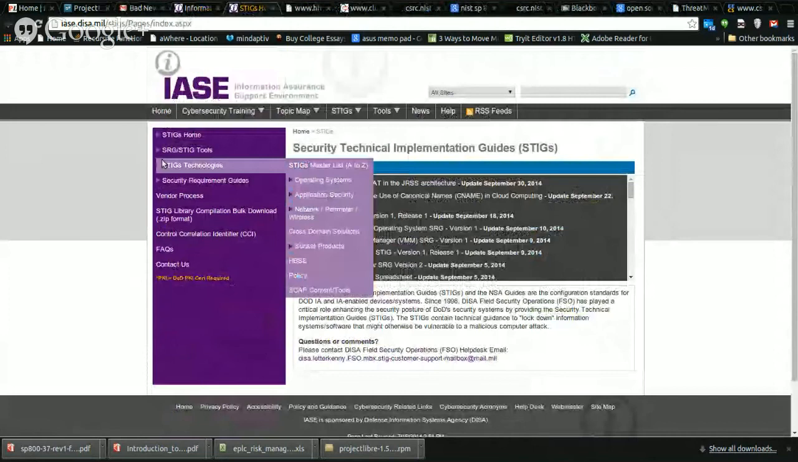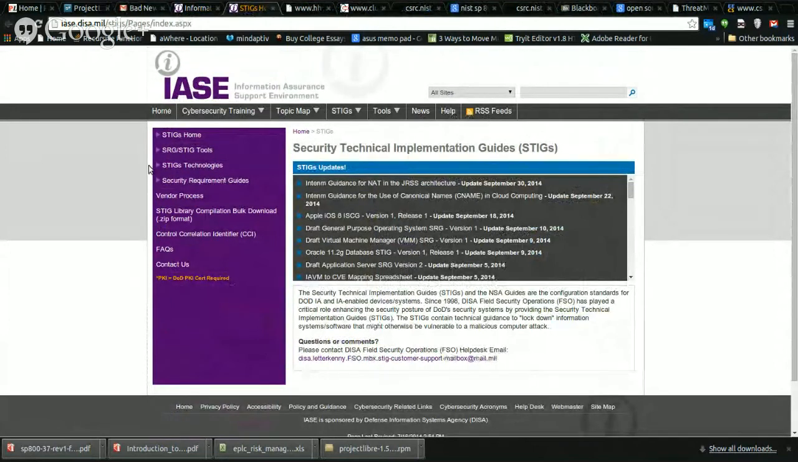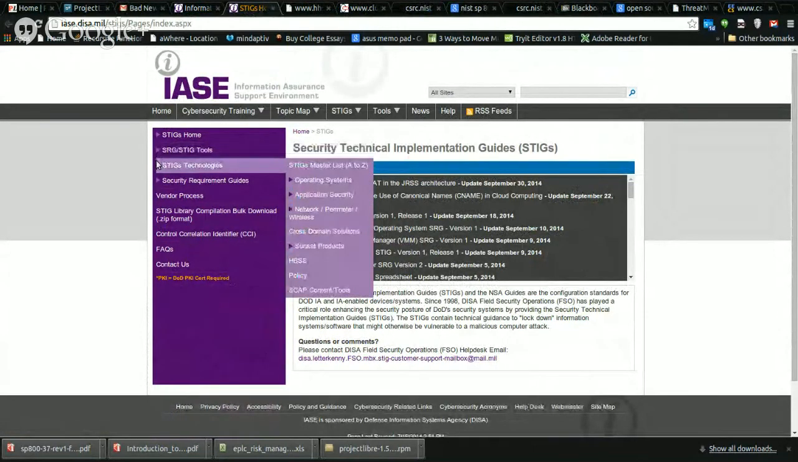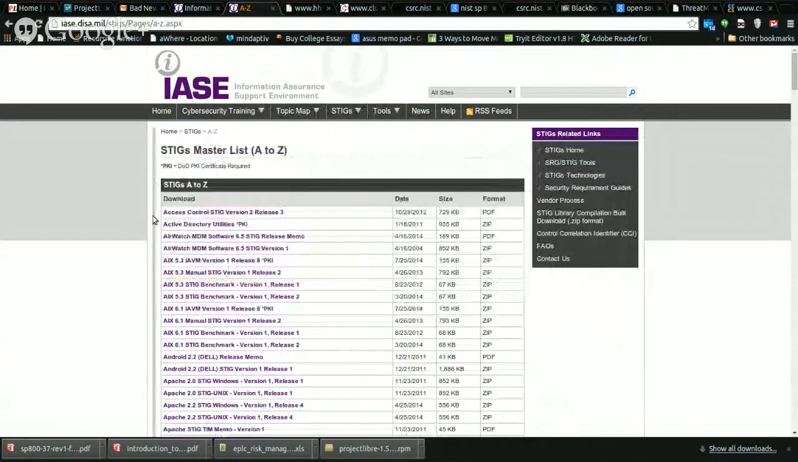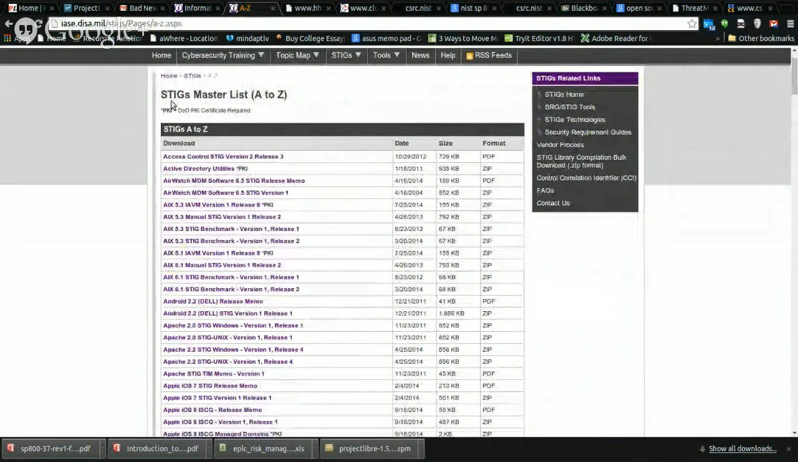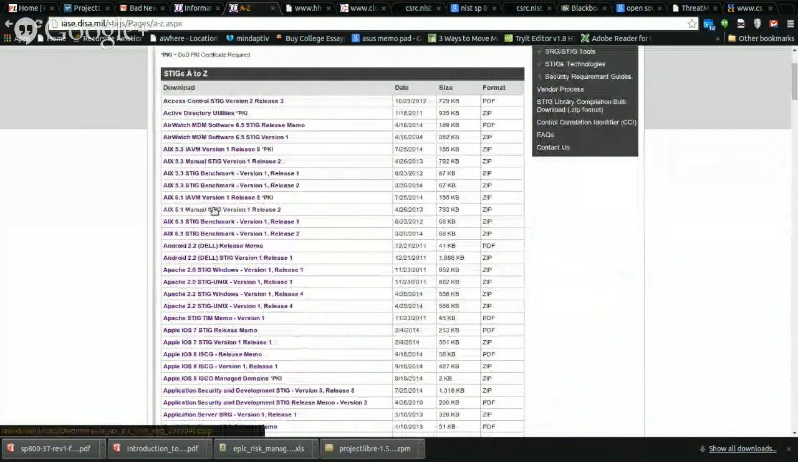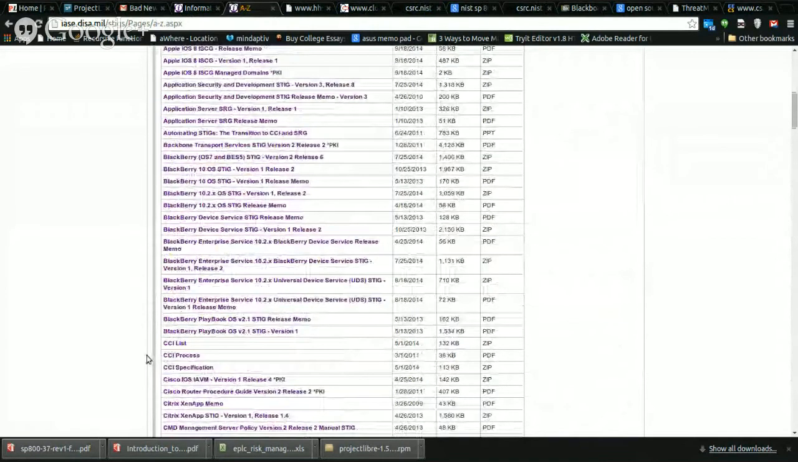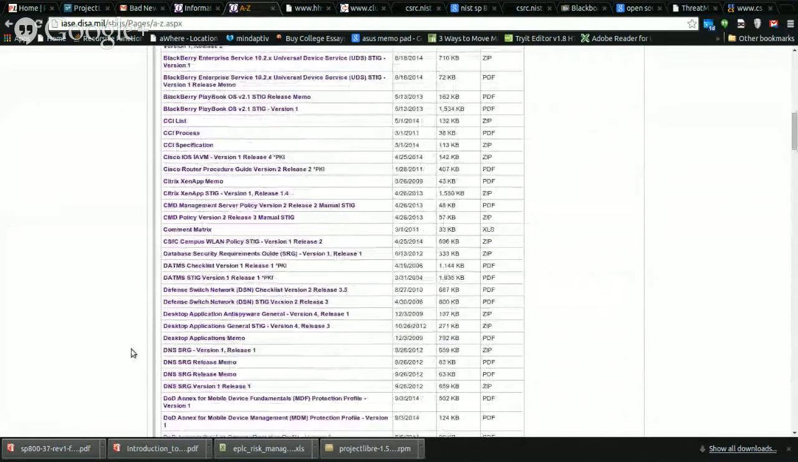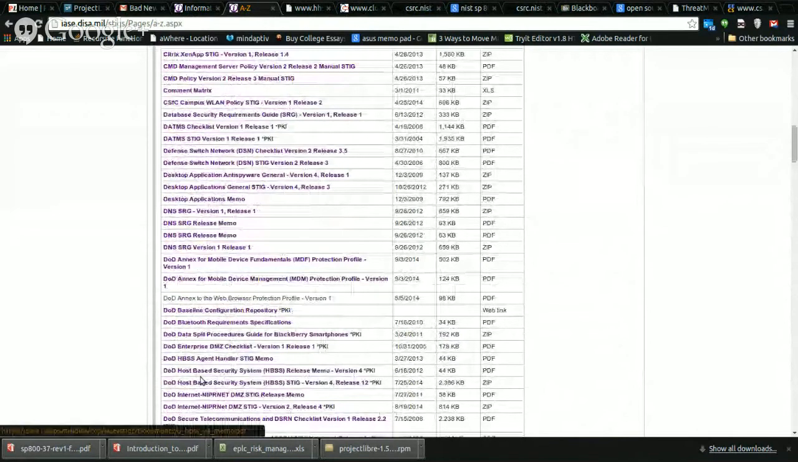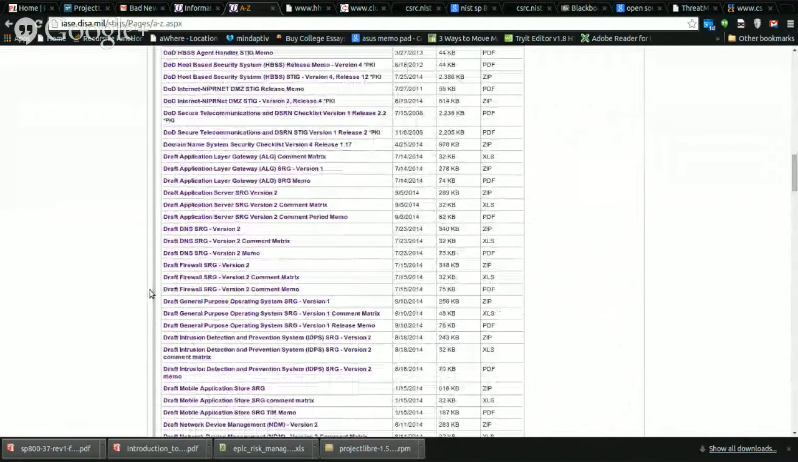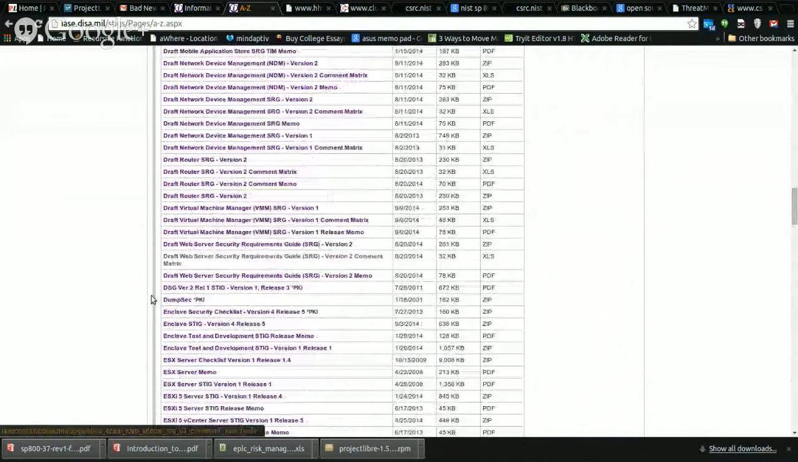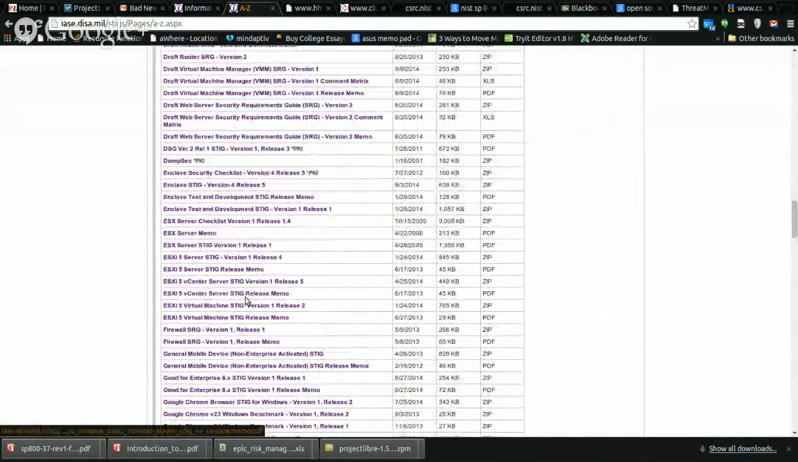If I bring this item up, you can see various updates. So I can say, okay, you're building a product for, let's see, just go to the master list. Here you can see a master list, and it has a ton of different stuff: Android, Apache servers, Apple iOS, BlackBerry, Cisco products, host-based security system, which is a Department of Defense product, device network management, remote device network management, ESXi, which is a VMware product,